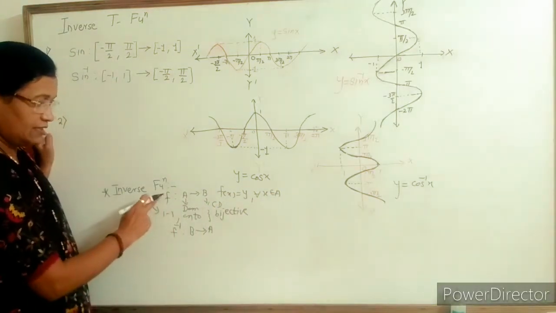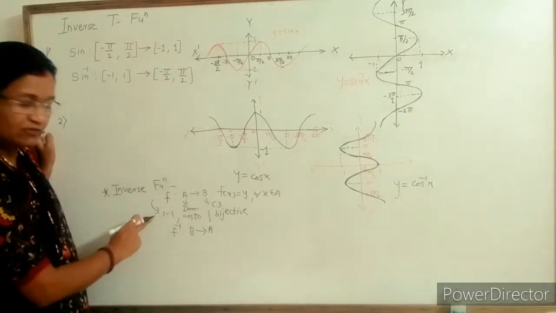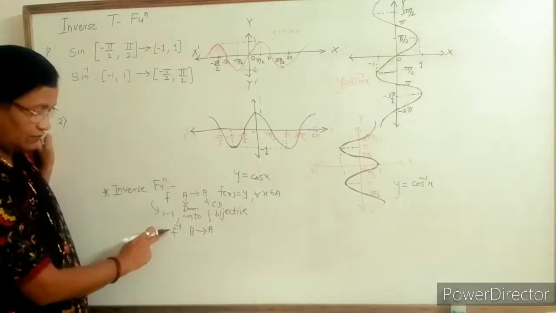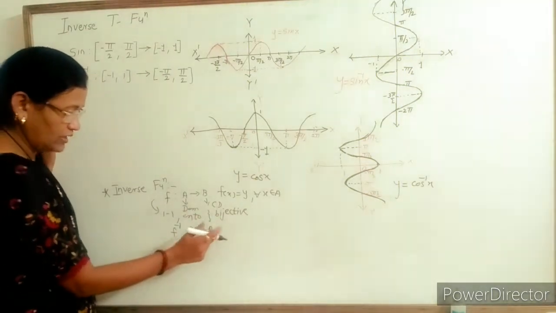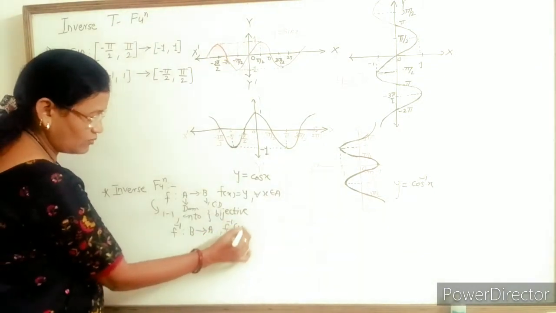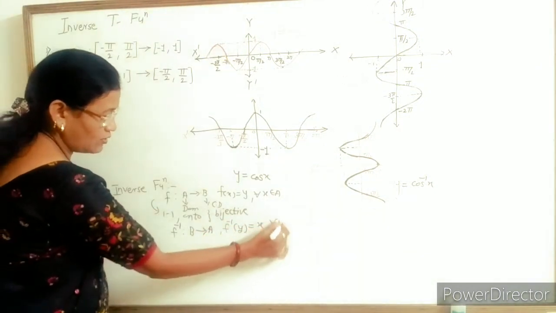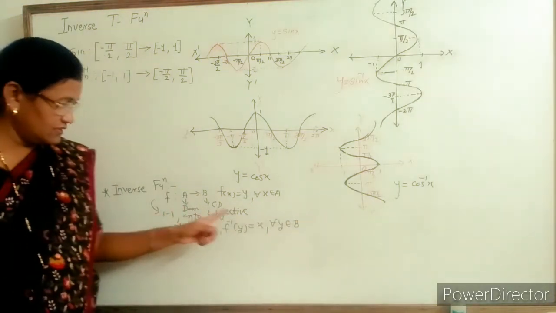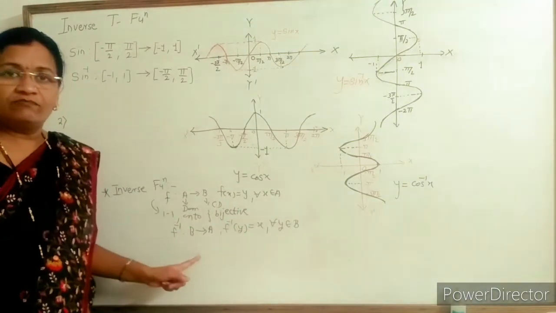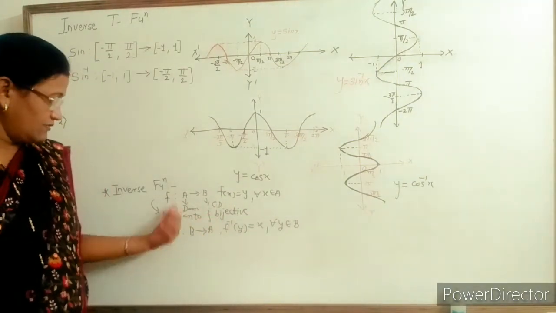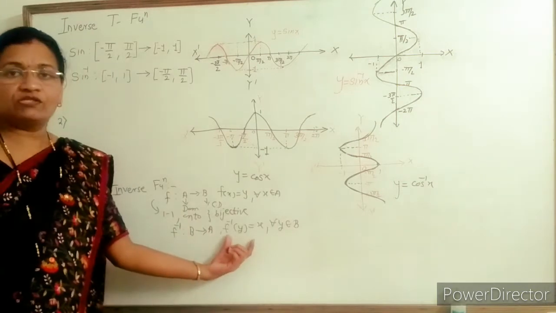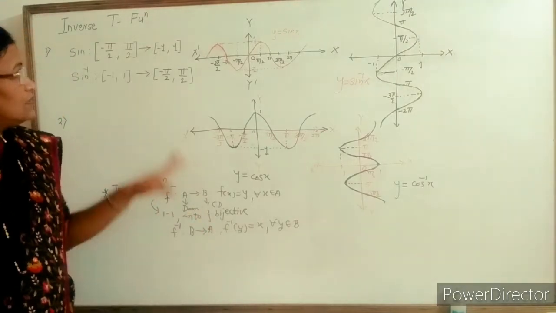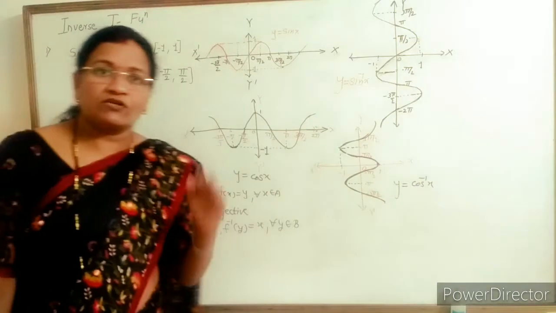But when the function satisfies the condition of inverse function, means the existence of inverse function, means that the function is a bijective mapping, then the inverse of the function is defined from B to A such that f inverse of y is equal to x for all y belonging to B. Now here we take the condition for inverse function, and once the inverse of the function exists, then we find the corresponding definition of the inverse of the function. Already we learned this topic in 11th standard. Now we take the study of inverse trigonometric functions.